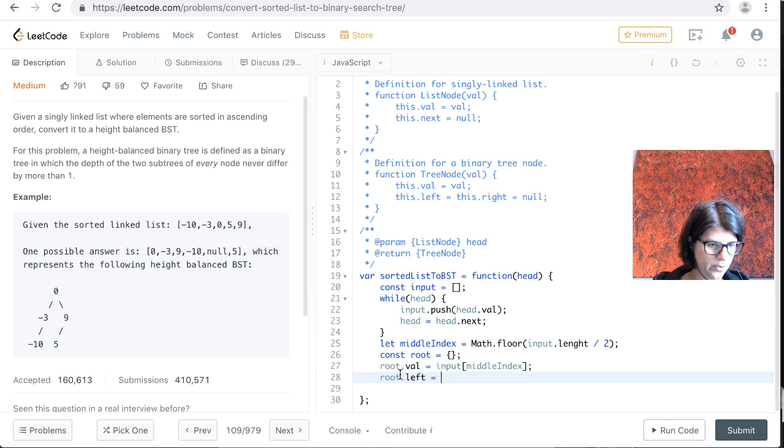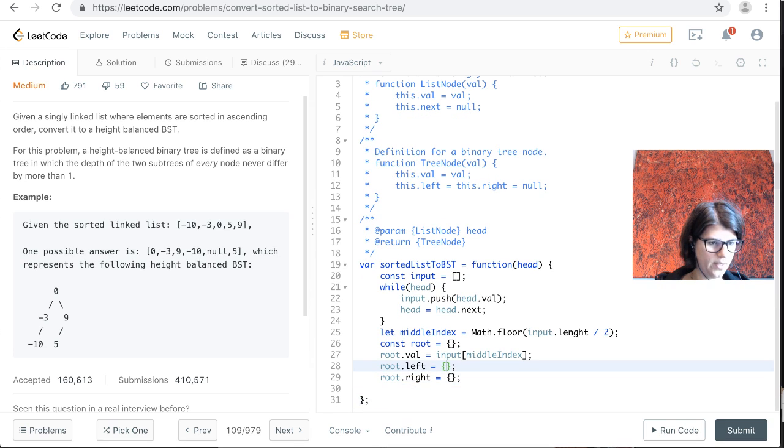Yeah, so what do we want to do here? So we have the root value, and now we need a left and a right one, and I have a feeling we have to do this recursively again on an array.slice. So here we could take input.slice from 0 to middle index, and here we could, sorry, this is the